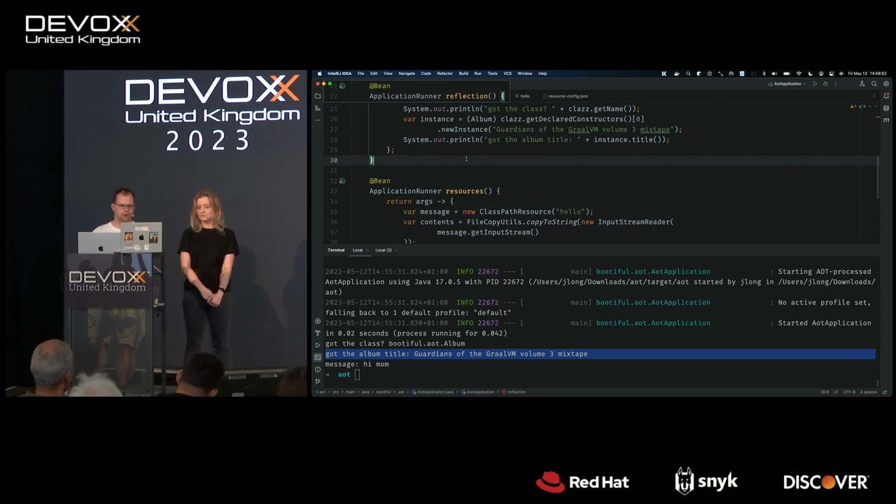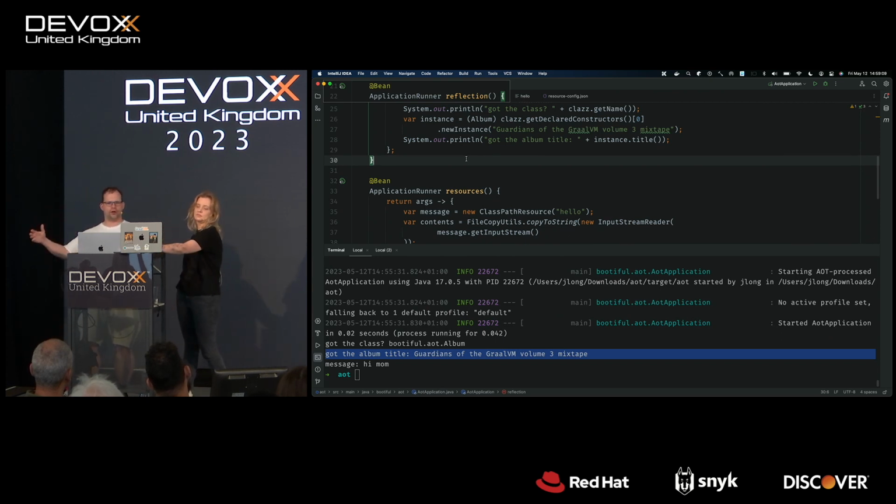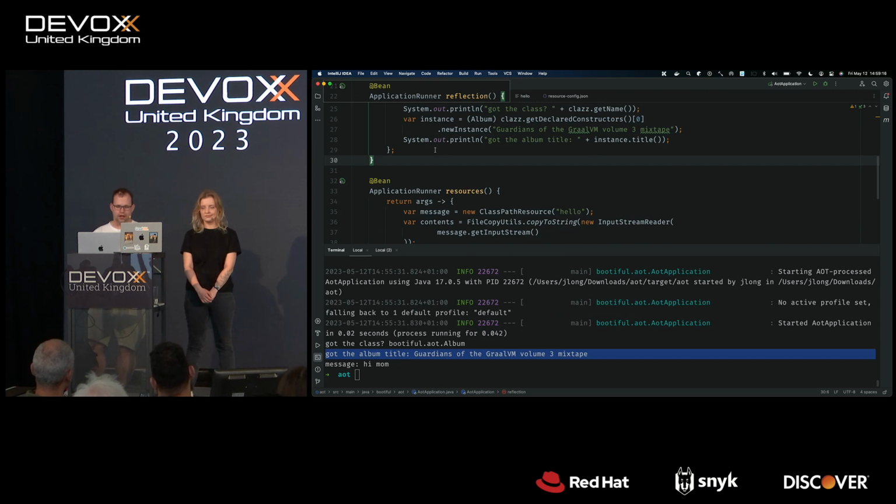What's interesting here is the new Spring Boot 3 AOT engine, right? The idea is that we've got this configuration. Wouldn't it be great if we could just have that informed by our application itself? Wouldn't it be great if there's some sort of meta model that allowed the framework to, well situated though it is, as sort of the orchestrator of all your business logic and components, wouldn't it be great if it could do some of that work for you rather than having to write these config files?